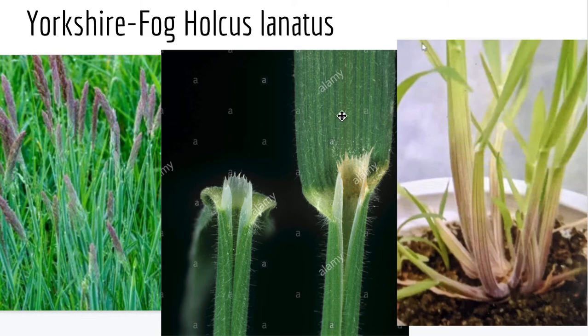So it's also hairy on the leaves, as well as quite hairy on the sheath, and it feels quite furry. It grows to about 120 centimetres tall, and it flowers and fruits early June to late August, or even as early as mid-May. And it prefers fertile soils with a pH of about 5 to 6 that have slightly impeded drainage. Now, if you see Yorkshire Fog or Holcus lanatus, which is the correct spelling,